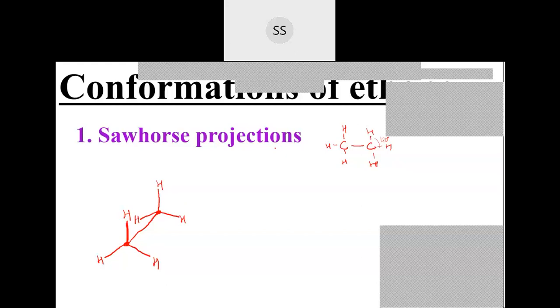Now since here the first hydrogen is covering the one behind, this conformation is called the eclipsed conformation. Do you know the meaning of eclipse? We have a solar eclipse where the sun is covered by the moon, correct? Also like that, here the first hydrogen is covering the hydrogen behind. So if you look from the front, you can't see the ones behind, because they get covered. So it is called the eclipsed conformation.